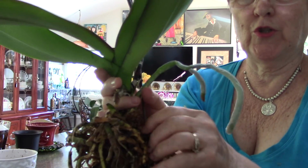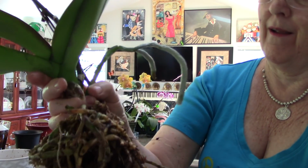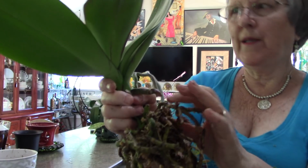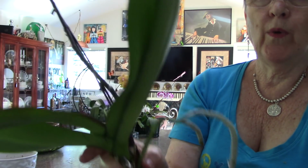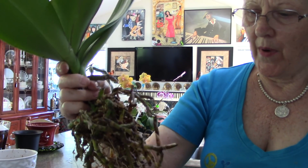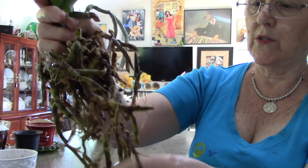And that rot, what's it going to do? It's going to encourage gnats. You don't want them either. So you want to get rid of it. And as I did in the other video, six months, maybe no longer, down the road, when the blossoms are gone, maybe four, take it out of the bark. Pick anything out that you have lost over time,